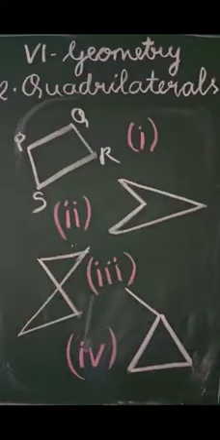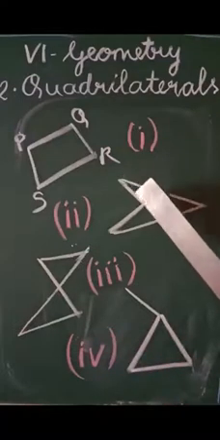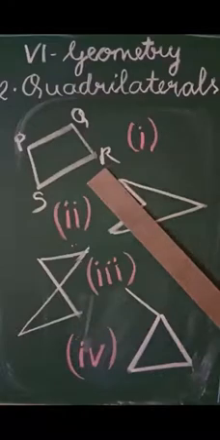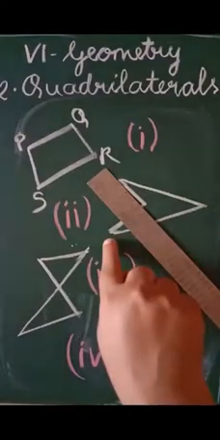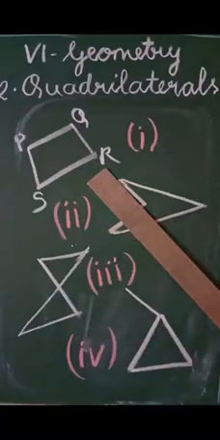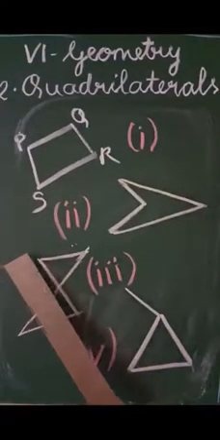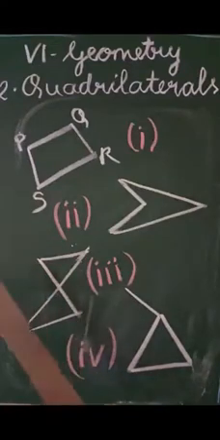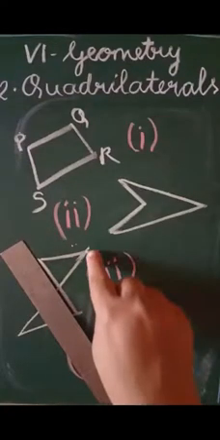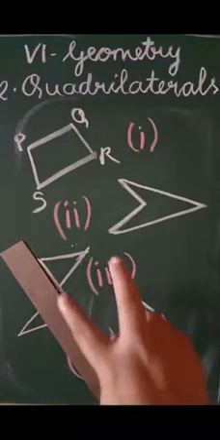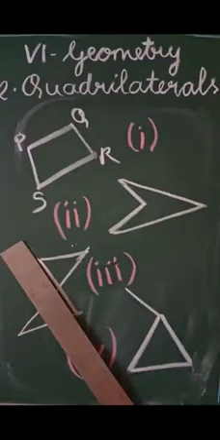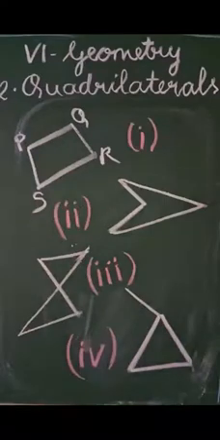We have learnt one more thing about a quadrilateral, that is, if we are joining 2 points, suppose this and this, then in this way I will be joining, yes, then the other 2 points should be on the same side. But in this figure, one point is here and the other point is here. So this is not a quadrilateral. The same thing goes with this figure. If I am joining this point and this point in this way, then one point is here, the other point is here. So the remaining points are not on the same side. So these two figures are not quadrilaterals. So our answer is figure 1.